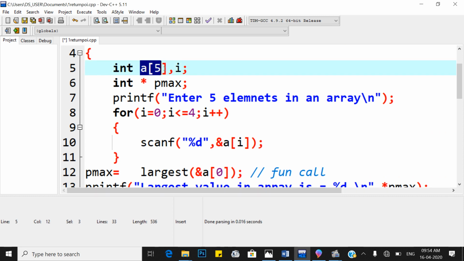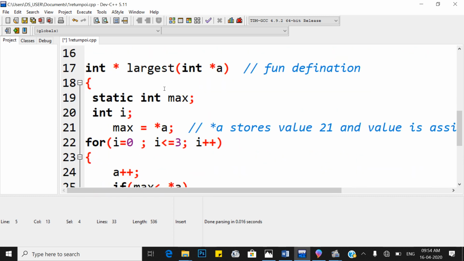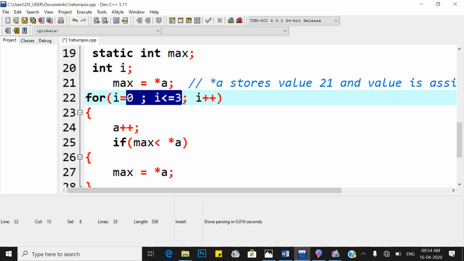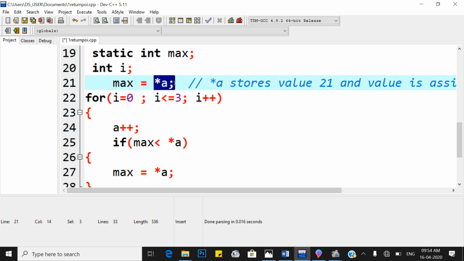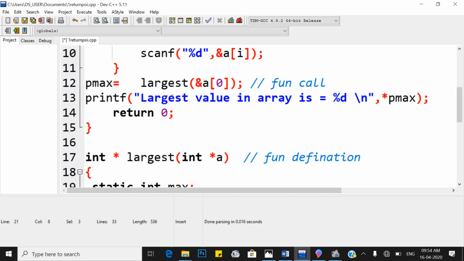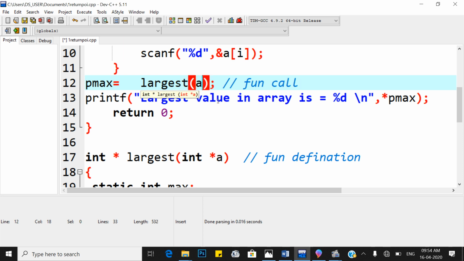How many array elements are there? 5. So execute this loop 4 times, because we have already taken the initial array element's value and assigned it to max. Whenever we pass the array to the largest function, we pass the address of a of 0, or simply write a. It is also valid.